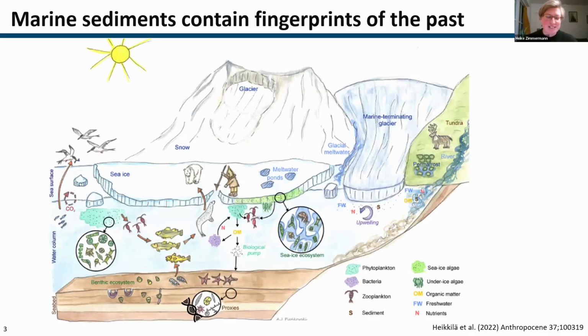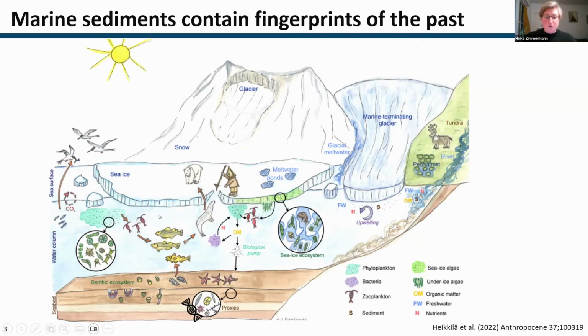Marine ecosystems, I mean, are quite complex. There are a lot of processes that are summarized in this figure, and there are different food webs, and the processes and the food webs or the species that were living under the conditions the processes created, they leave fingerprints in the sediments. So we can use sediments that are natural archives and reconstruct the past.